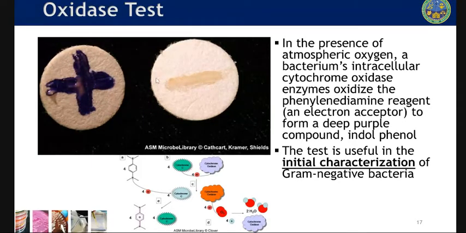So you have there a visual presentation of which one is positive and negative. This is very useful to identify that the particular organism could belong under the family of Enterobacteriaceae. So it could be a very important preliminary step in trying to identify